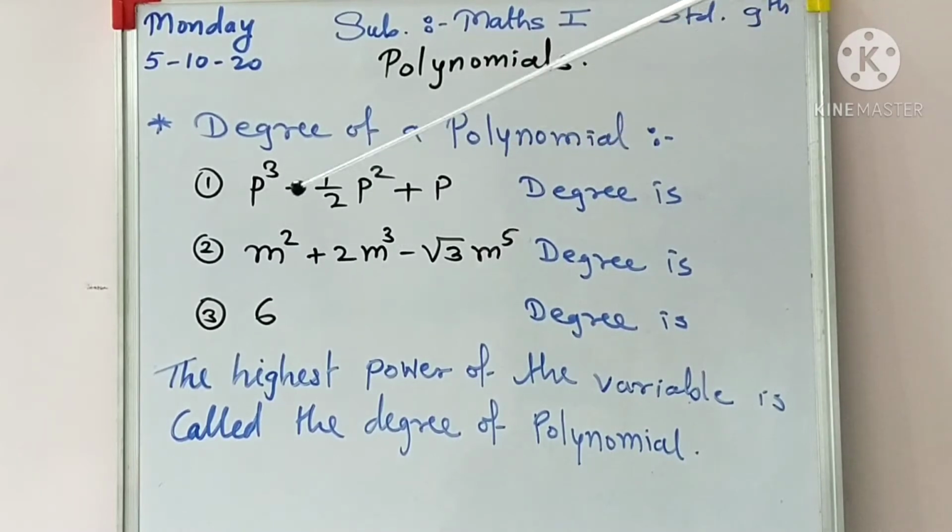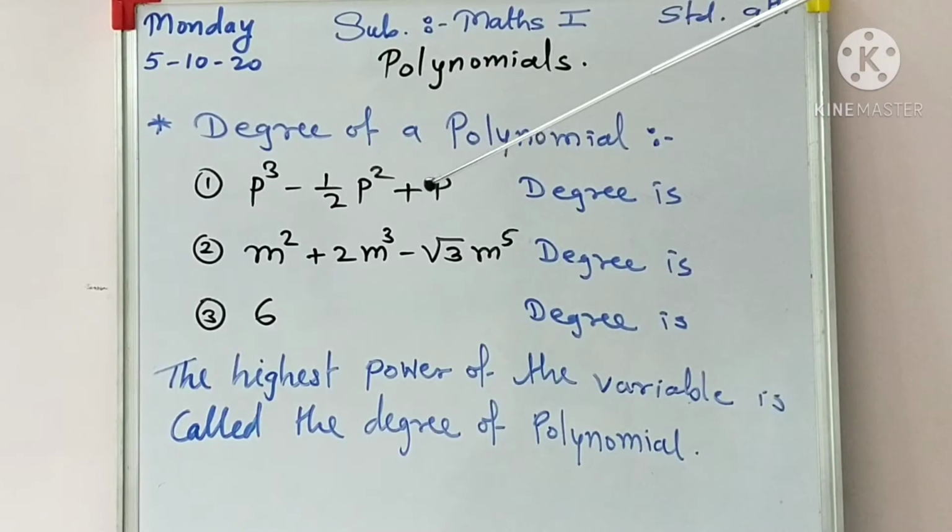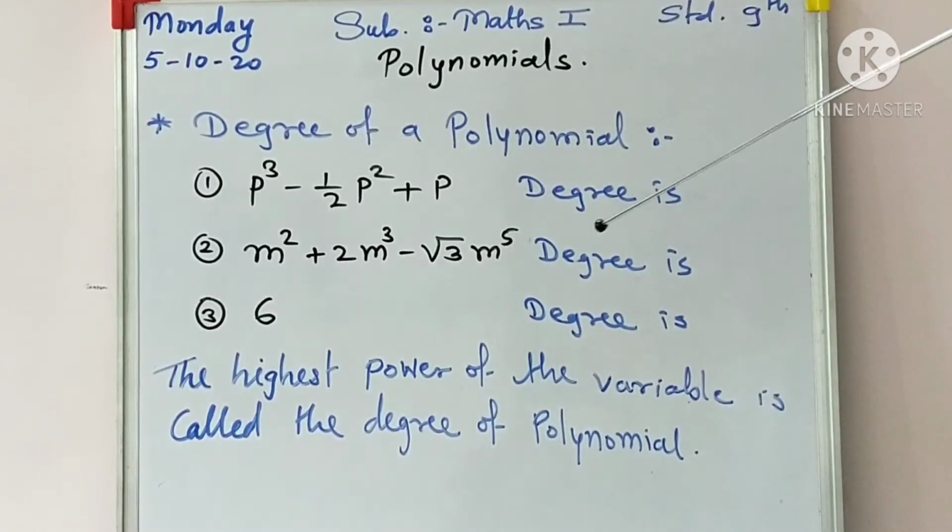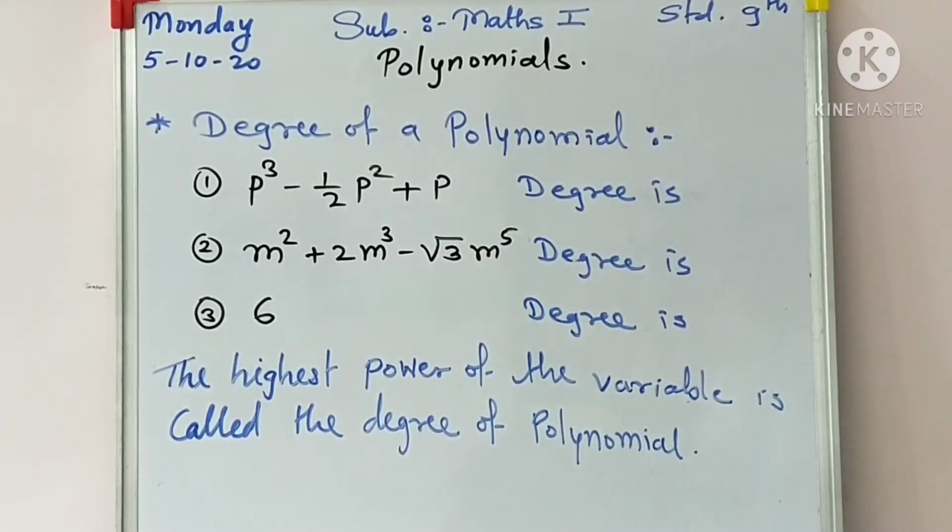Taking the same 3 examples, in the first one there are 3 terms, and the highest power of the variable is 3, so 3 is the degree of that polynomial, and hence for the first polynomial the degree is